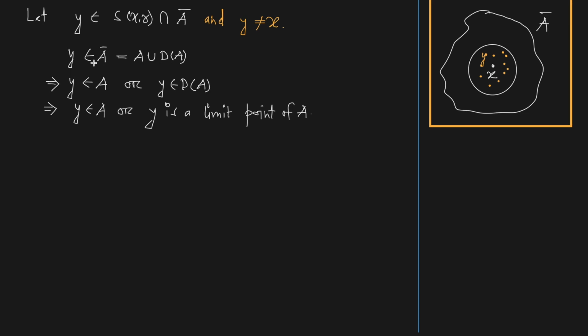দেখো বুঝতে পারলে কিনা, ক্লিয়ার? সো নাও y belongs to A bar কেন হলো, দেখো y belongs to S(x, r) intersection A bar আছে না, তাহলে y তো এই ওপেন স্ফিয়ারের মধ্যে আছে এবং A bar এর মধ্যেও আছে। So y belongs to A bar implies A bar means A union derived set of A. So this implies either y belongs to A or y belongs to derived set of A, ঠিক আছে।